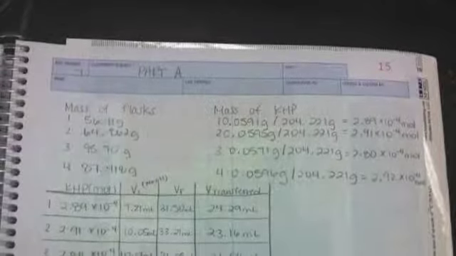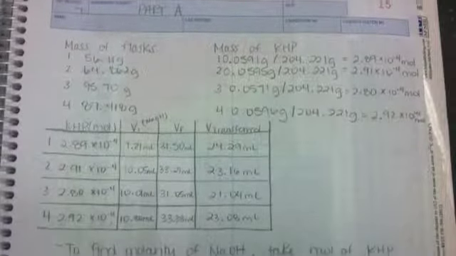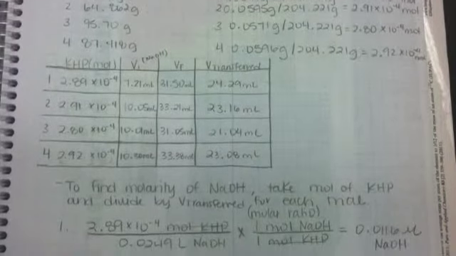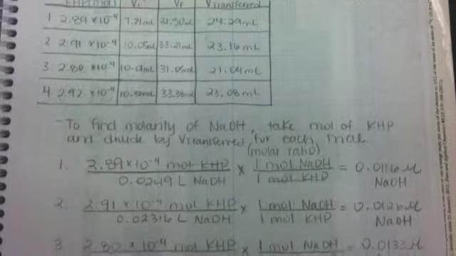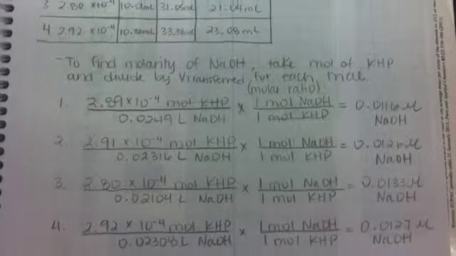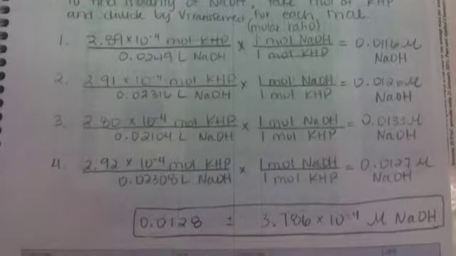Now you'll see our results, in which we took the mass of KHP and we transferred that to moles, and then we took the moles of KHP and divided it by the volume of NaOH transferred. Then we multiplied that by the molar ratio of KHP to NaOH, and our ending result was the molarity of NaOH. We took our 4 trials and we made a standard deviation to have an overall